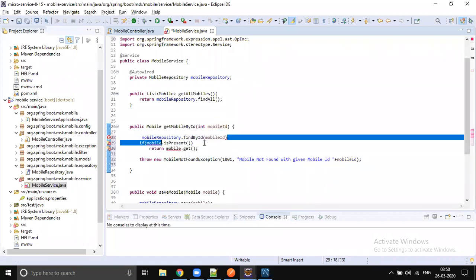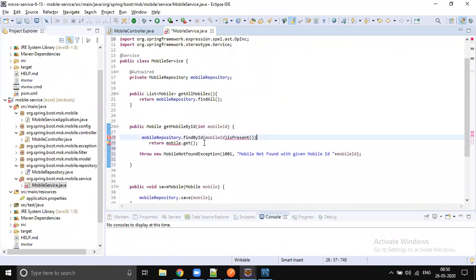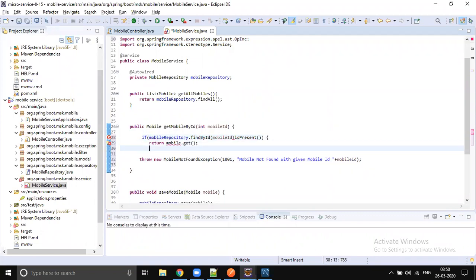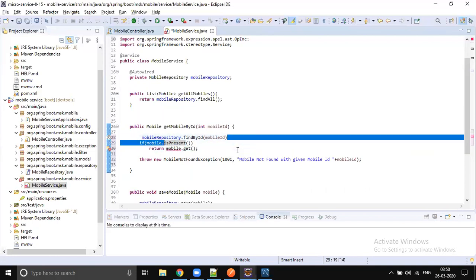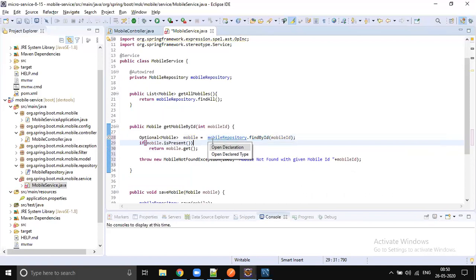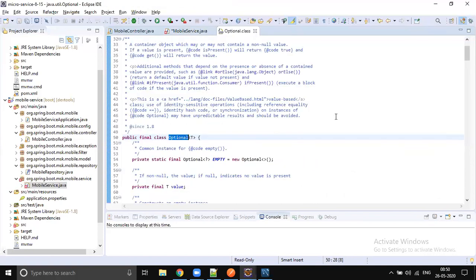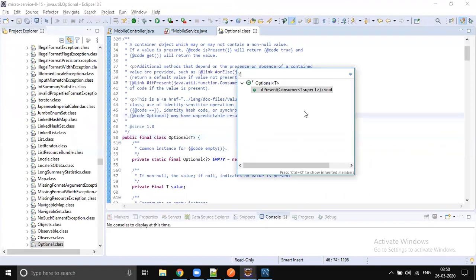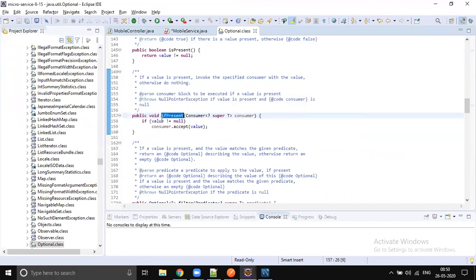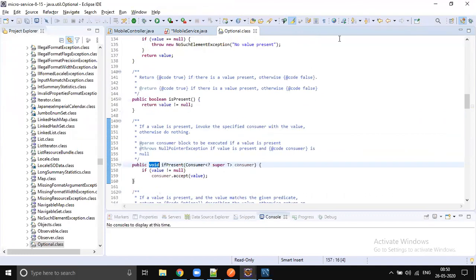You can directly call isPresent, if is present, or else. Yeah. So let's directly, oh, I think we should assign, right? Otherwise we need to call findById one more time. That is not good practice, right? I think there is a method called ifPresent. Let me check what it will do. If present, can we able to return? No, it's a consumer. It consumes. It won't return anything. Okay, so that is correct. Whatever we did is correct.